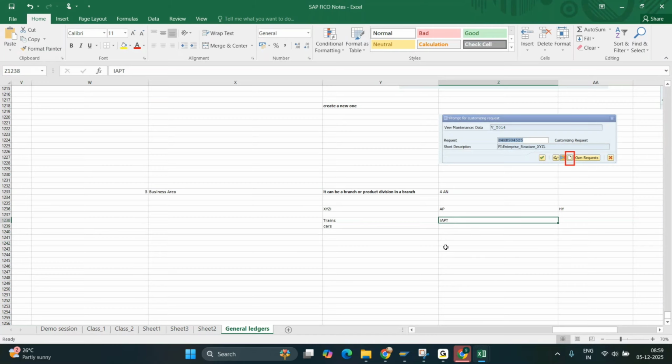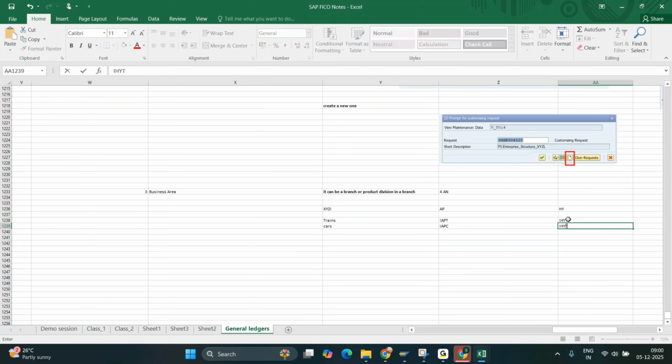Like this, by seeing this only, you can understand the particular code object. In the same way, in real time, the clients will also propose some codes which they can understand. In the same way, I, AP, C means it's a car division, correct? In the same way, I can go for I, HY, T,